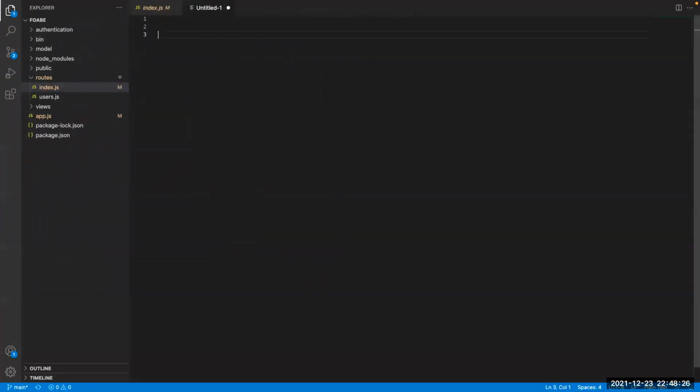Okay. Now, what is the first thing required for an HTML file? HTML tag. Yeah. So first I will type the HTML tag. Then I need to close this HTML tag.